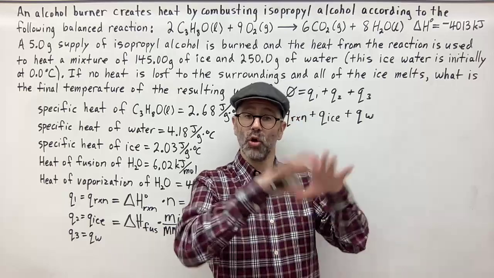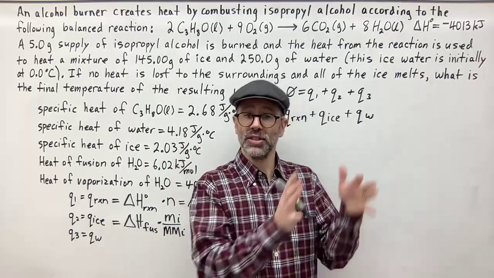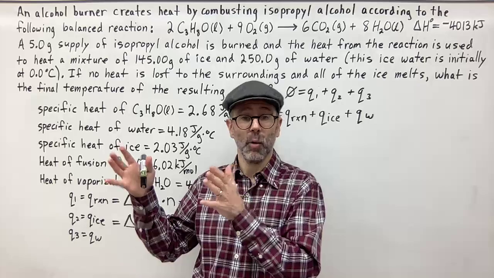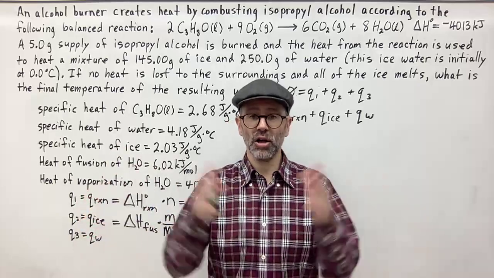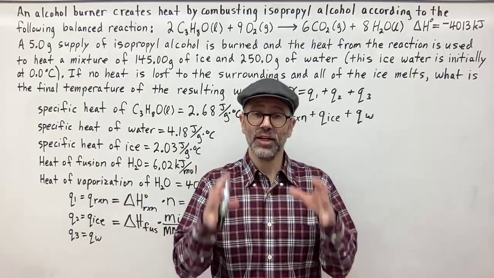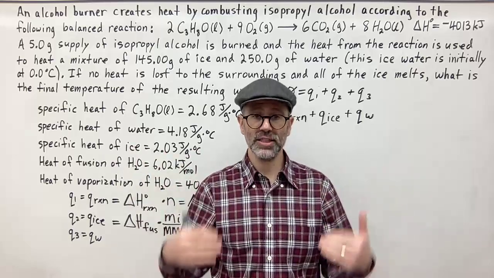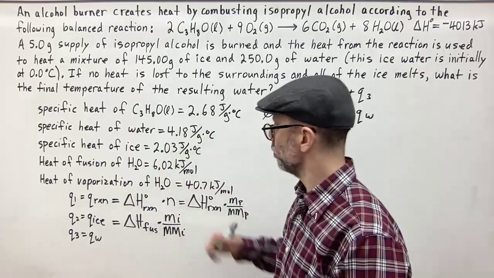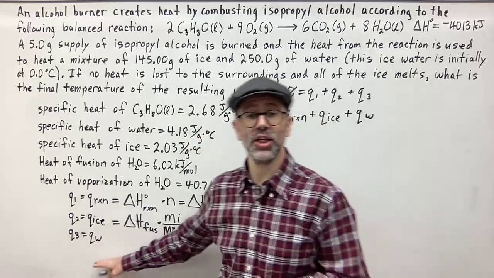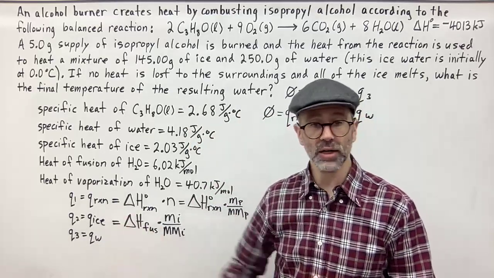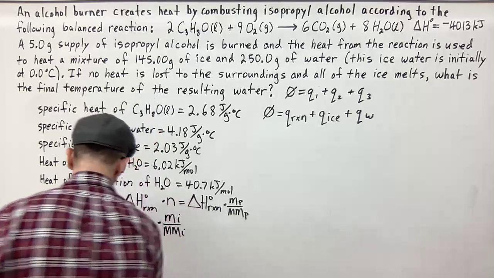Once all the ice is melted, then all you have is water. Then just use the total mass of that water, which is going to be the mass of the ice originally in the water plus the water you started with. All of that is going to be together in one mass, right? Then you can think of all the rest of the energy being absorbed by that amount of water. So we're going to use the Q equals MCΔT equation for water. So this is going to be equal to